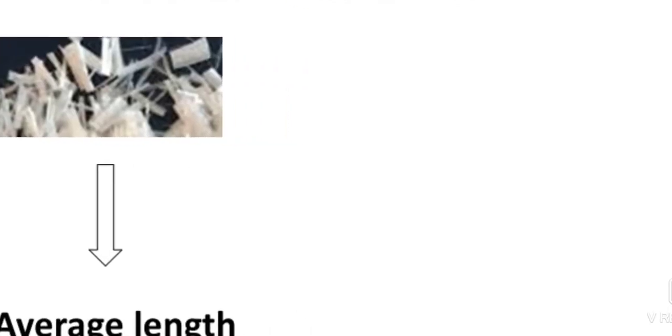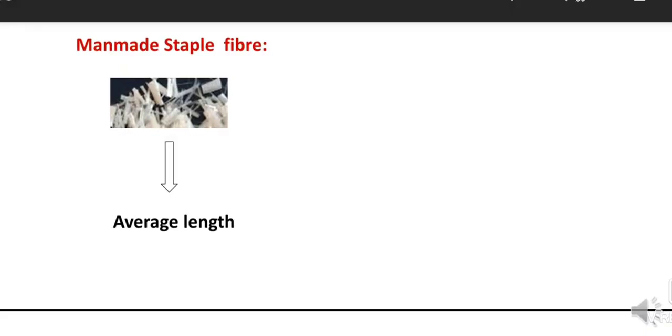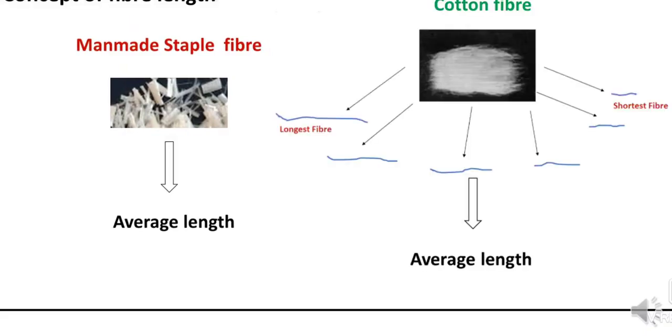When it comes to natural fibers, say for example, cotton fiber. In this sample, you may find different fibers that differ in terms of length. So you may have shortest length, short, medium length fibers, and you may even find longest length fibers. Now, if we have to report about the length of the fiber, then if you report using average length, it will be wrong. No doubt for man-made it is correct, but for cotton fiber it may go wrong.